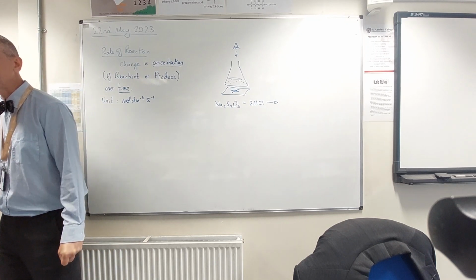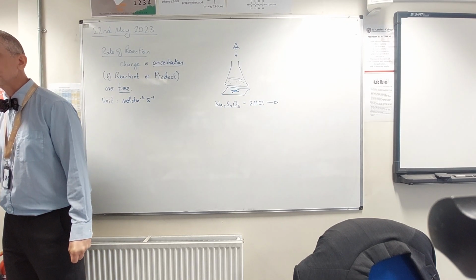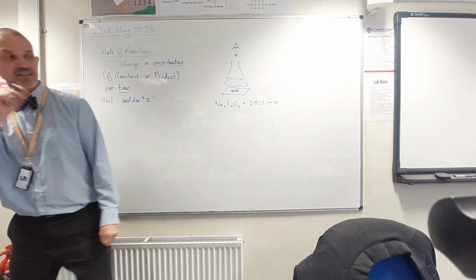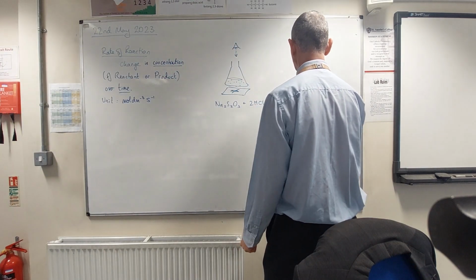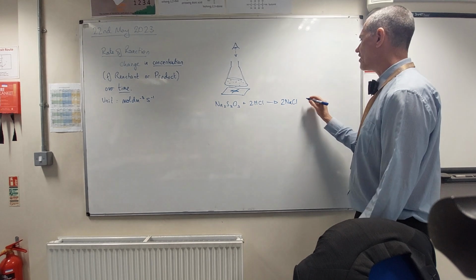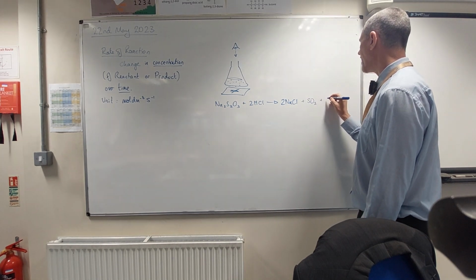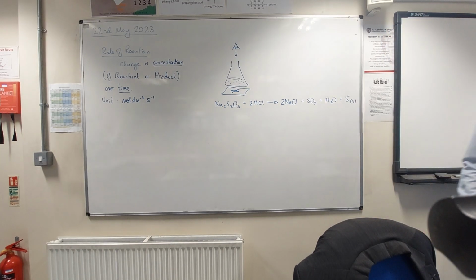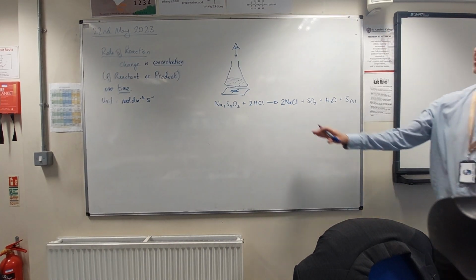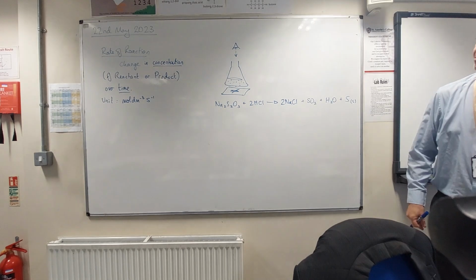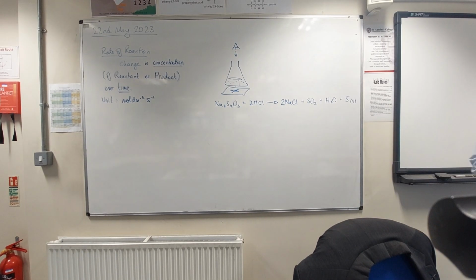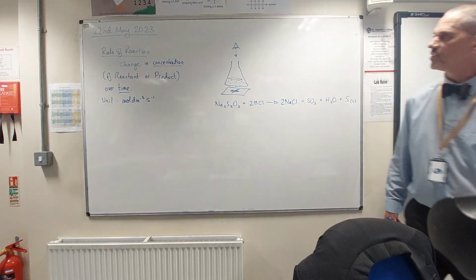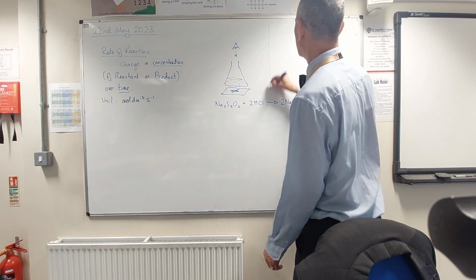Do you remember why? Isn't it the sulfur precipitate? Perfect, yeah. So as well as some sodium chloride solution and a little bit of SO2 gas and some water, we end up with some solid sulfur which gets precipitated, so the solution goes more and more cloudy, and eventually you can't see the cross, so we stop the timer. Okay, so